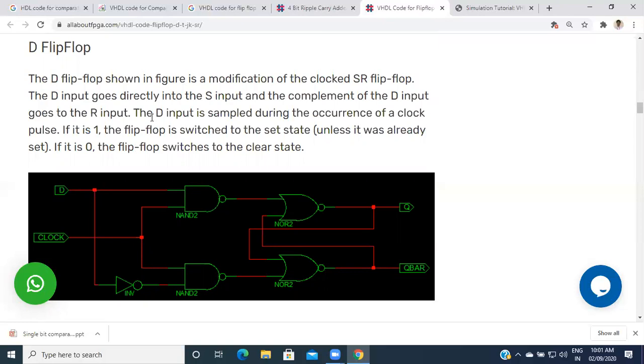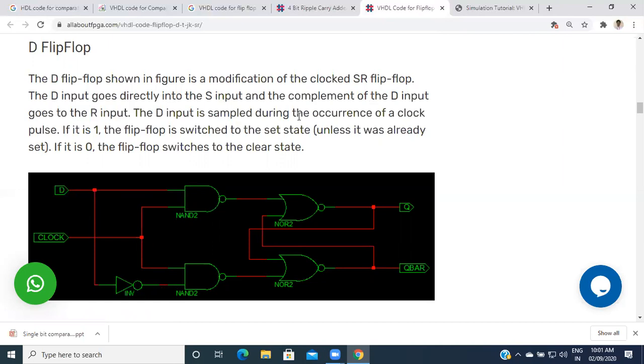The D flip-flop shown is a modification of the clocked set-reset flip-flop. The D input goes directly to the S input, and the complement of the D input goes to the R input, so on the reset side the complement of D is going.